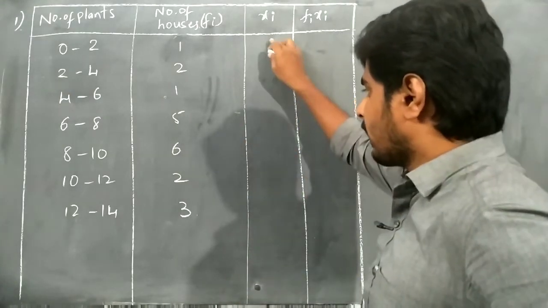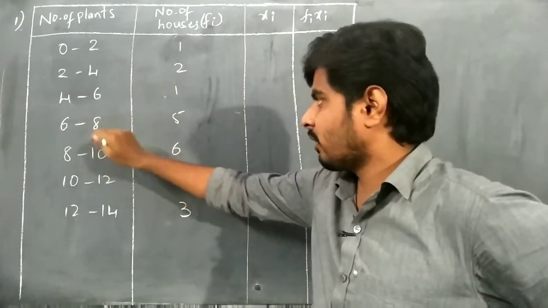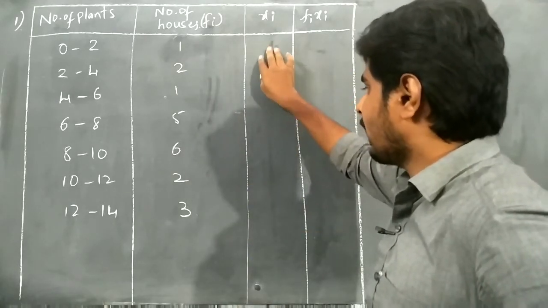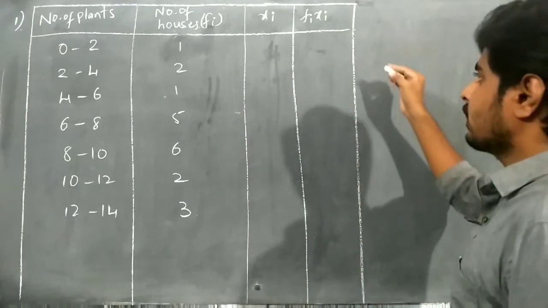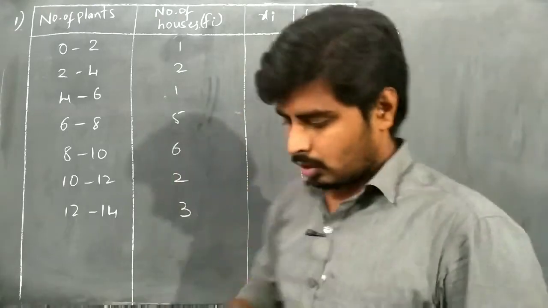So we have to calculate the Xi values. This is the given data. These are the class intervals and this is the frequency. Now we have to calculate this Xi. Xi is nothing but the class mark. So what is the class mark formula? Class mark